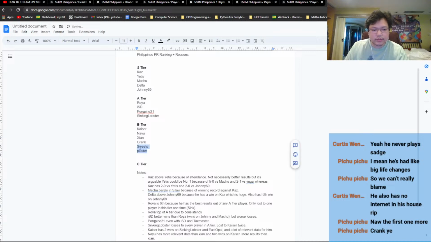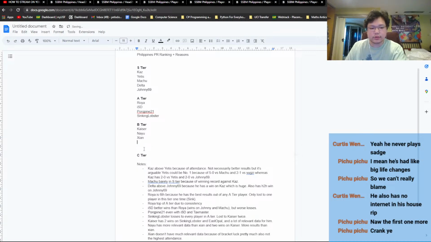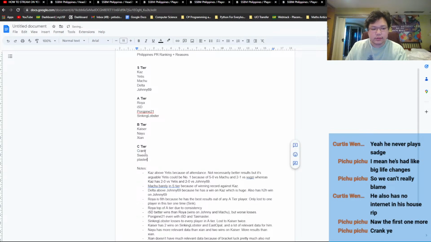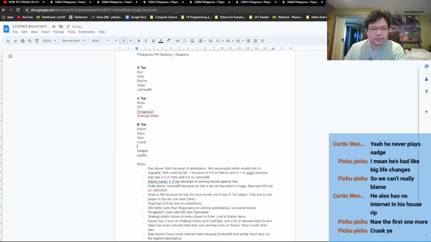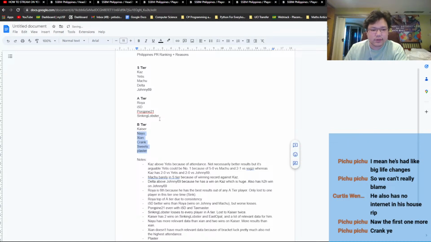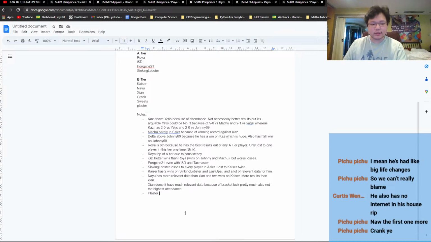So I would separate them into 2 tiers, these guys. 1, 2, 3, 4, 5, 6. Actually, I'd put Crank up here. Maybe actually I'll just put them all in 1 tier, you know? I don't want to separate them, fuck it. So this is 15 already. That's 15 players. So Plaster,